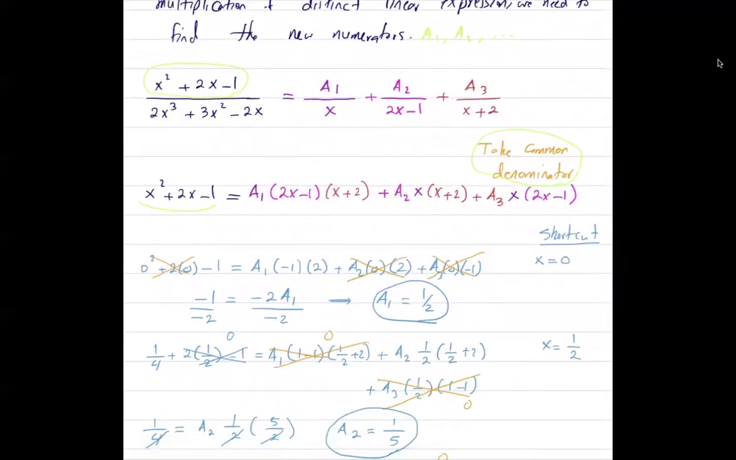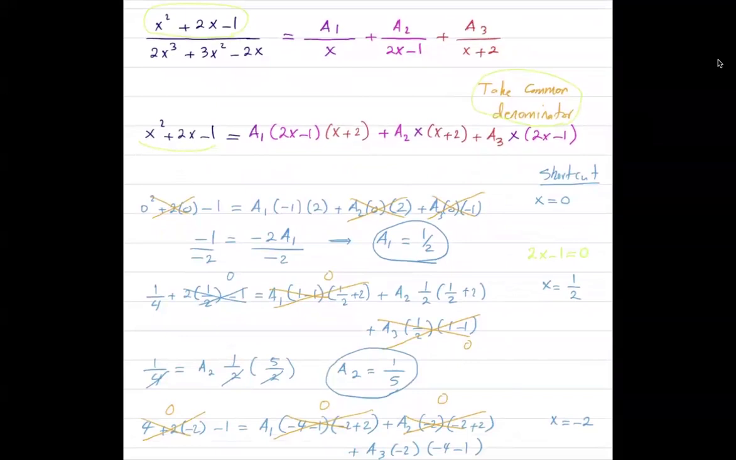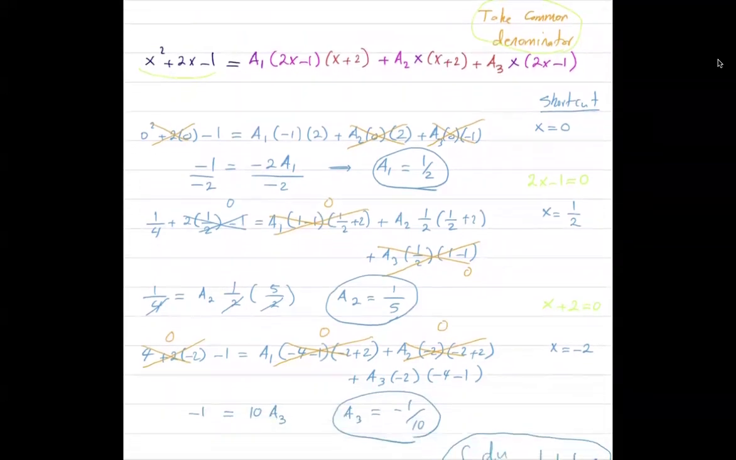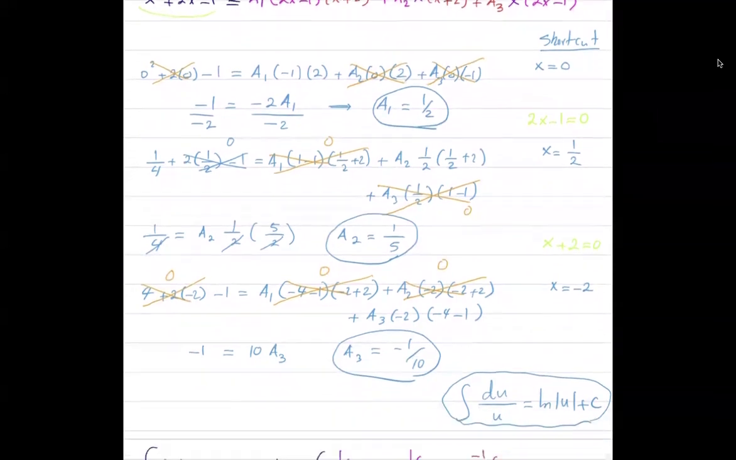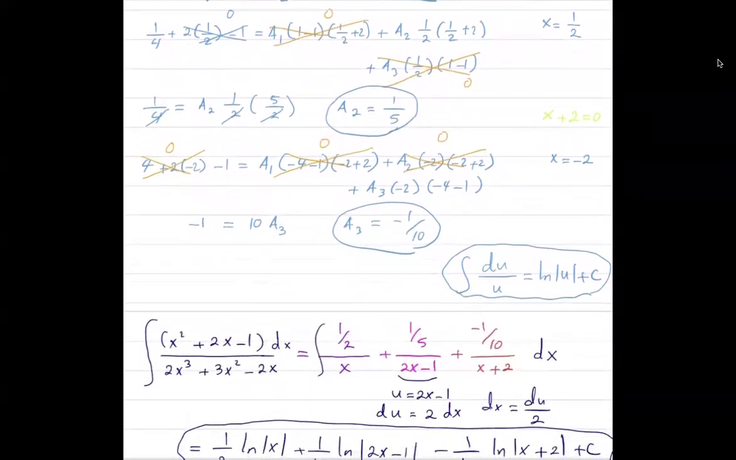2x minus 1 equal to 0 gives you x equals a half. So you plug in a half to calculate a2. When you plug in negative 2, it means that after setting x plus 2 equal to 0, x is negative 2. It helps you to calculate a sub 3. Are we done yet? Of course not. We just found a1, a2, and a3. Now you just need to plug them into the